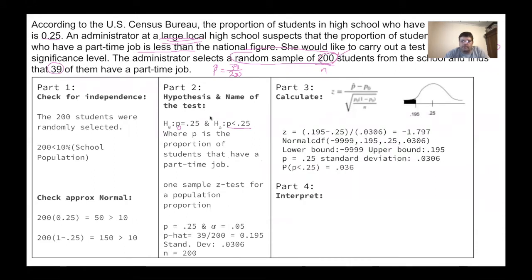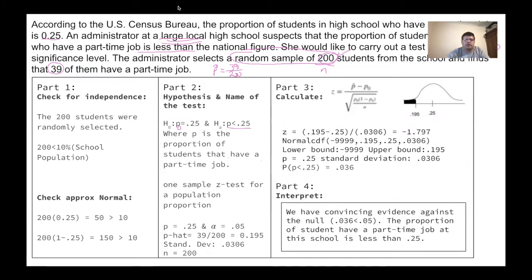And so, back up one. We're going to take 0.195 minus 0.25 divided by this whole thing, which was 0.036. And we got that standard deviation down here. We get negative 1.797, this number right here. Okay. And that number,